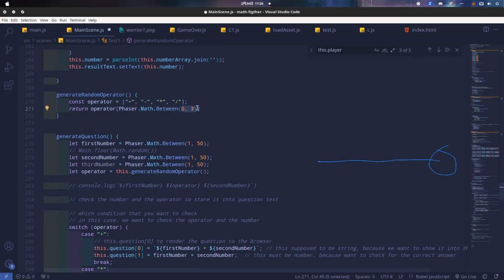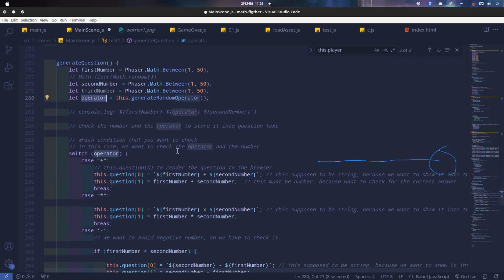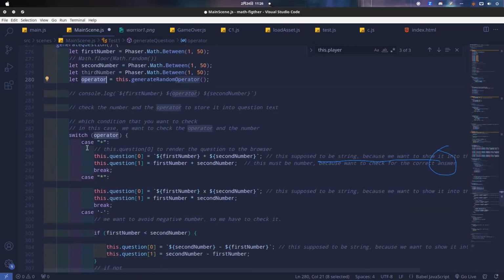You remember about array. Whenever you want to access the array, it always starts from 0, and then it ends with 3. Even though we have 4 data, because it starts from 0, that's why we use this. Now this operator is from generate random operator. We don't know the operator because it's random, and then we have a condition statement. We have switch.